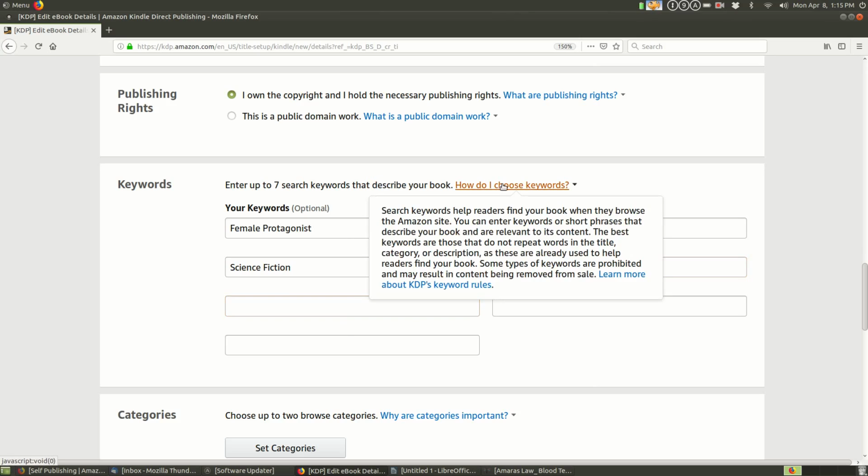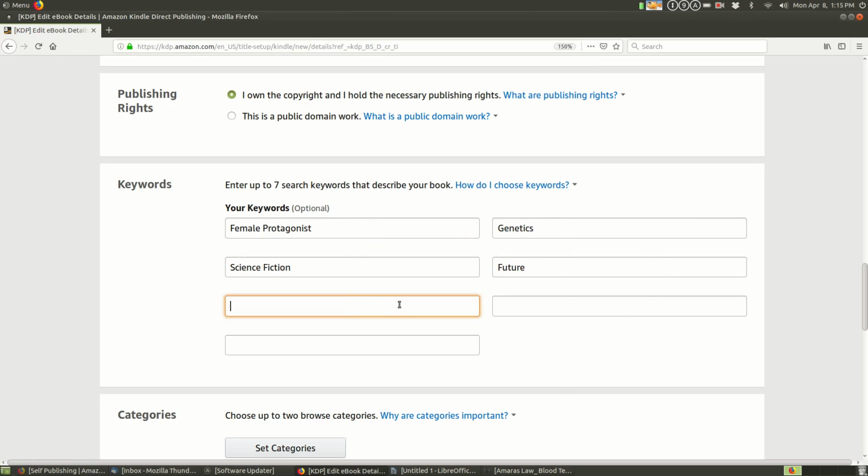I believe that you can come back later and add some keywords to this, but I'm not sure. So we're going to add maybe one or two more. Let's see, what else? Action, and